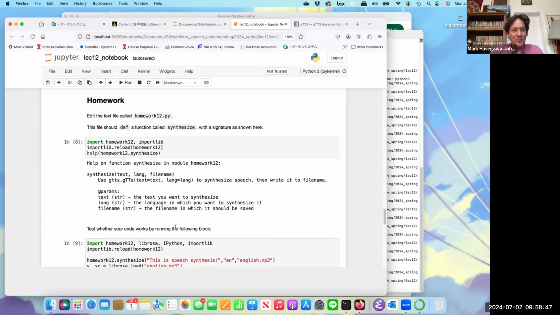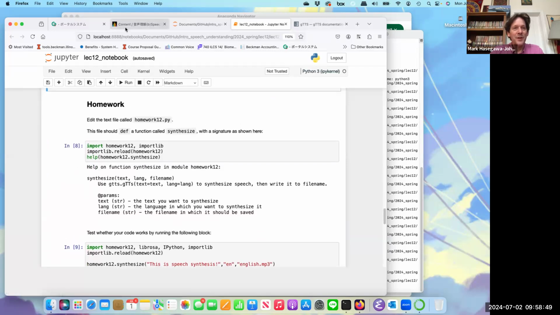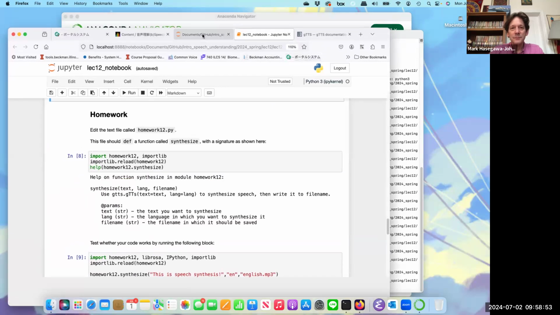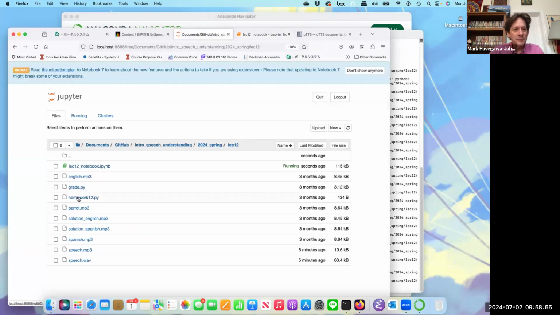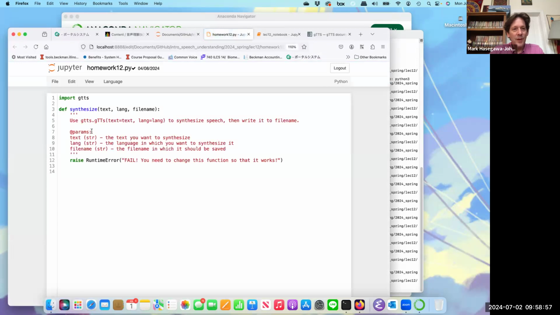So let me go ahead and open the homework. The homework for this week is a function called synthesize that takes in a text, a language and a file name, and it should try to synthesize that text in that specified language, and then save the result to the file name.